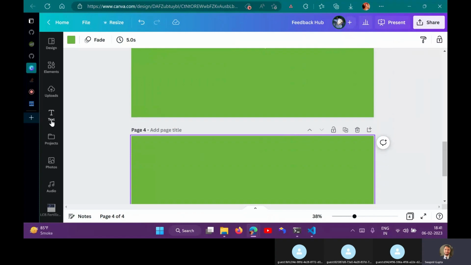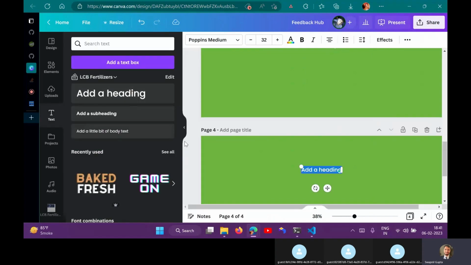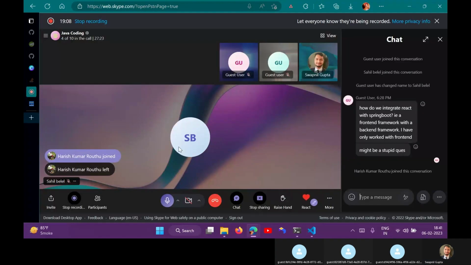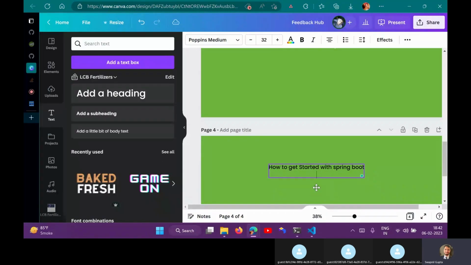Someone said they have worked on React. Can you please tell how you create your React project? Has someone said that they have worked on React? Okay. So when we do React, there are two ways. One is to go to npm, install the npm package, and we can just do a React install, right?